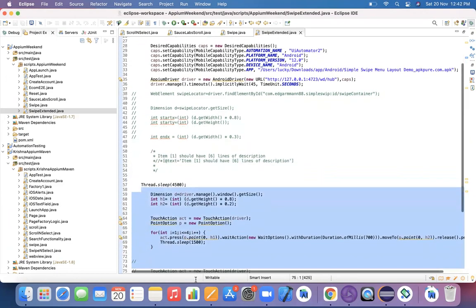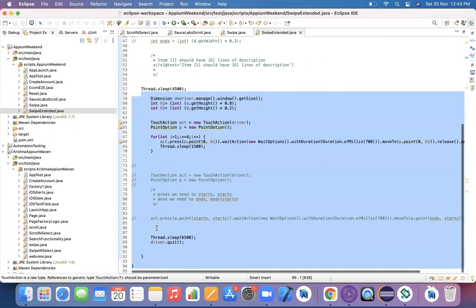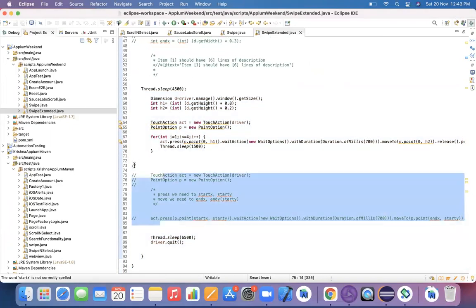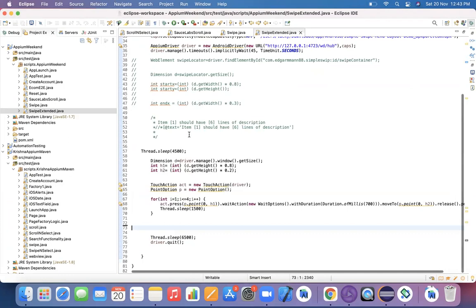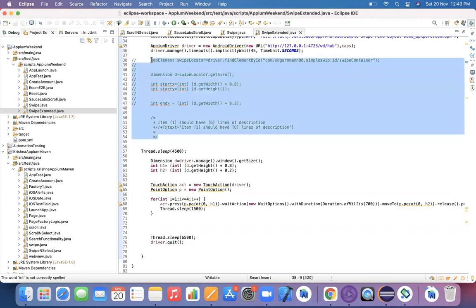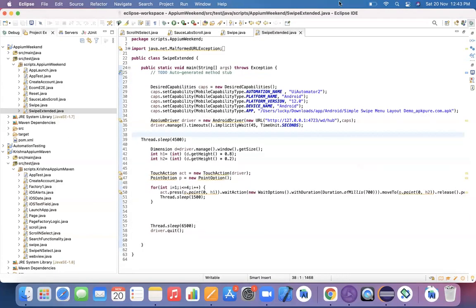But no matter what logic you have created in this case, as we are dealing with the screen coordinates, this is always a generic logic and it will work accordingly. Got it, Venkatesh? Earlier you asked me to show on a different application, and this is the different application that we worked on.